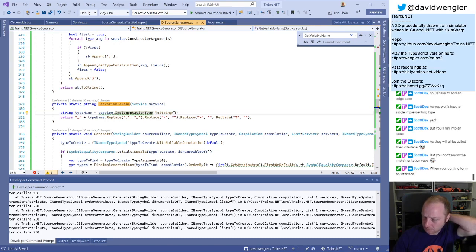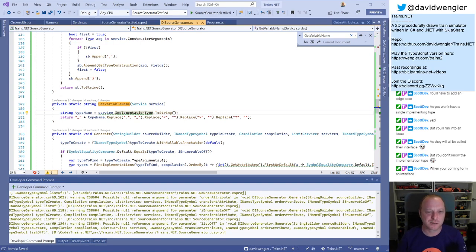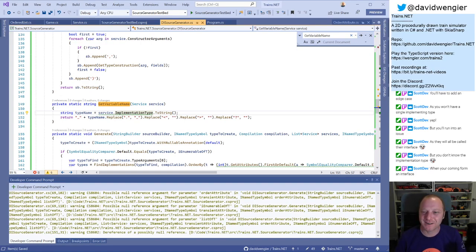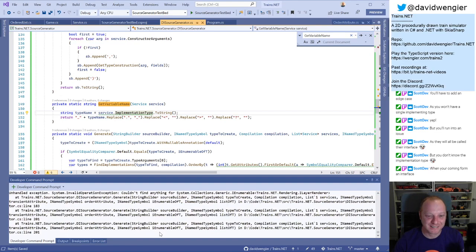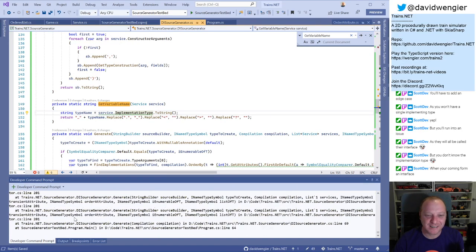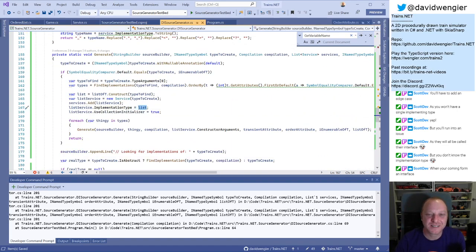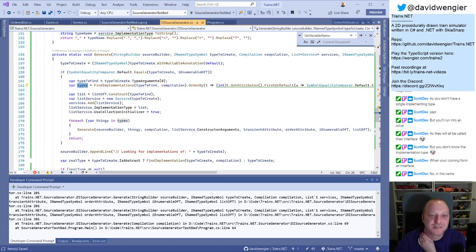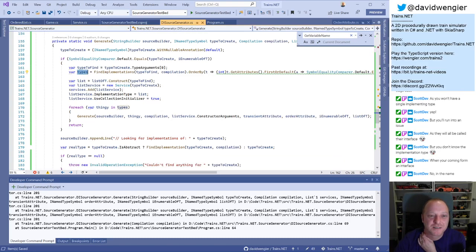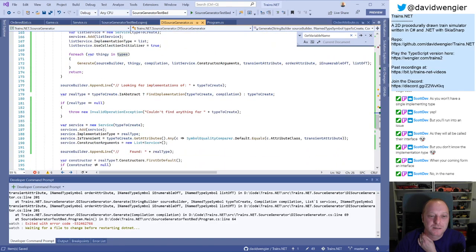You don't know the implementation type. Why not? What? When you're coming from an interface. What? Of course I do. What are you talking about? Why don't I know the implementation type? I mean, it didn't work, but that's not the point. Why don't I? I'm setting the implementation type. It's a list. It's a list of T. And these types, these are all implementation types. So this type,